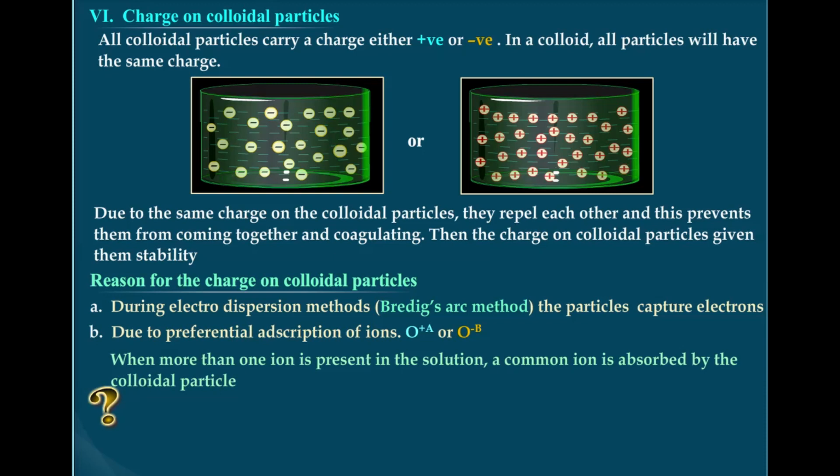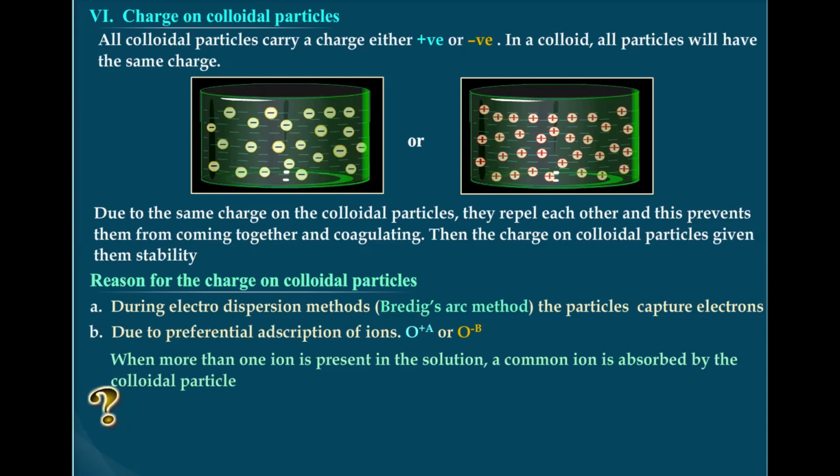The combination of the two layers of opposite charges around the colloidal particle is called the Helmholtz electrical double layer. According to the modern views, the first layer of ions is firmly held because that was formed first, and it is called the fixed layer. The second layer is mobile, which is termed the diffused layer.